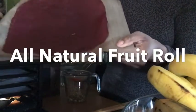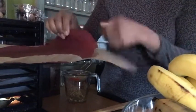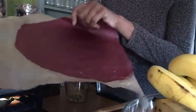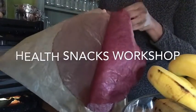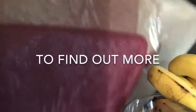Hey, that humming in the background is my dehydrator. I didn't realize it was so loud, but look at here. I have an all-natural, non-GMO, organic fruit roll. No added sugars, none whatsoever. No extra ingredients, nothing but fruit and another little goodie that I cannot disclose to you guys unless you are